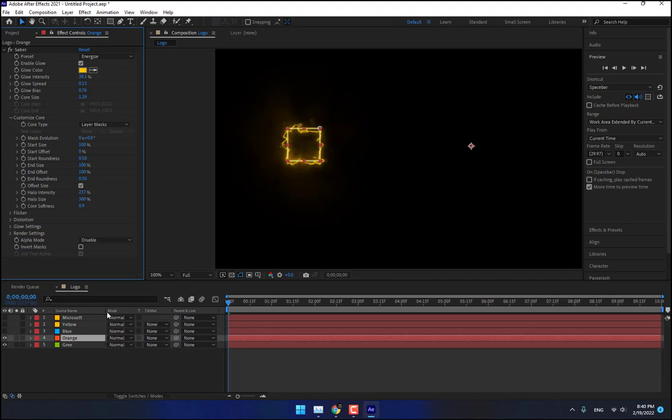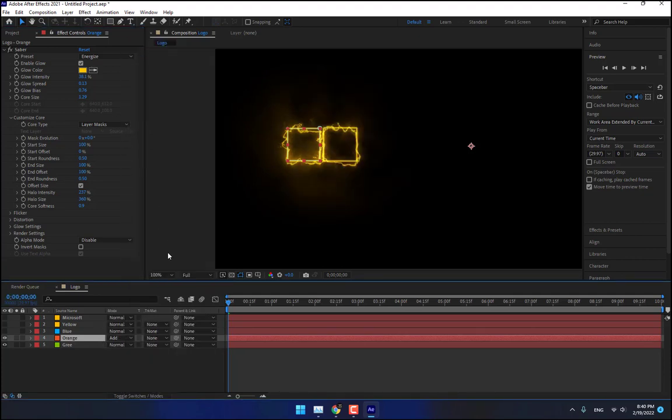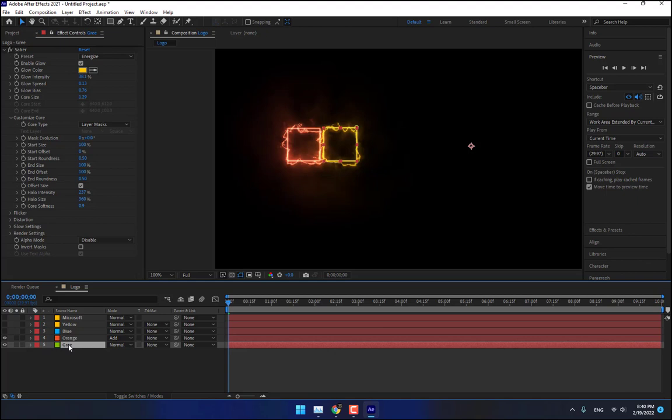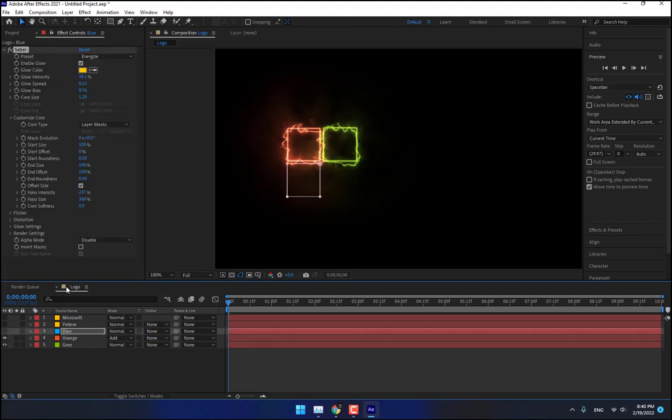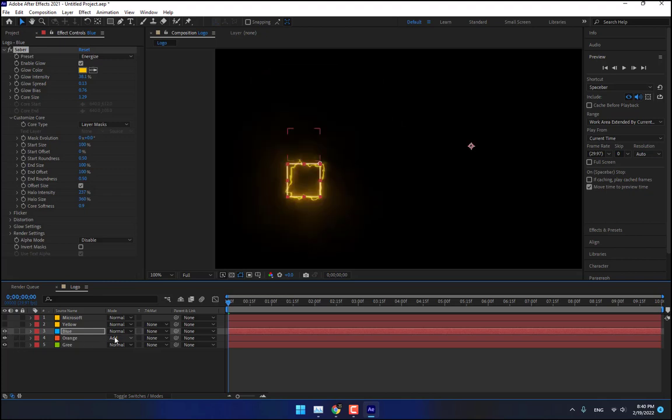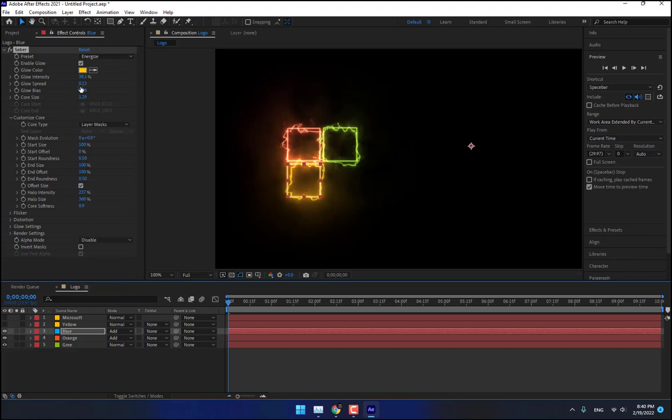press F4 for the mode and select the add. Okay, what about color? Select the orange color for the green. Yep. And what about this? This was green. And now select the blue, Ctrl V, paste, turn on and go to mode, select add and select the